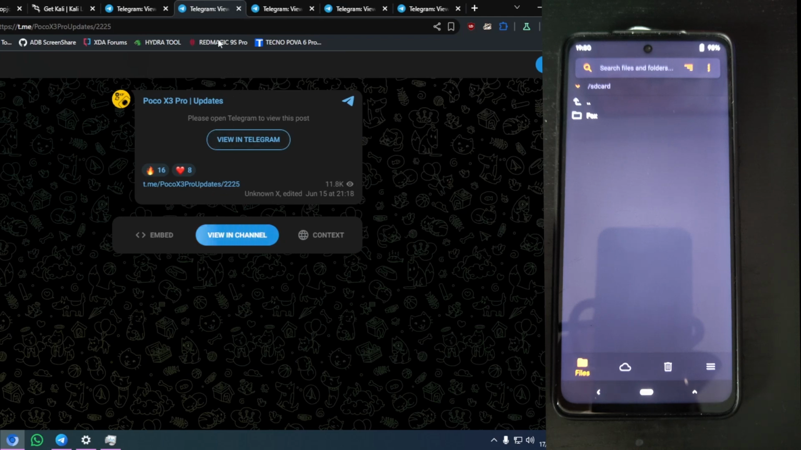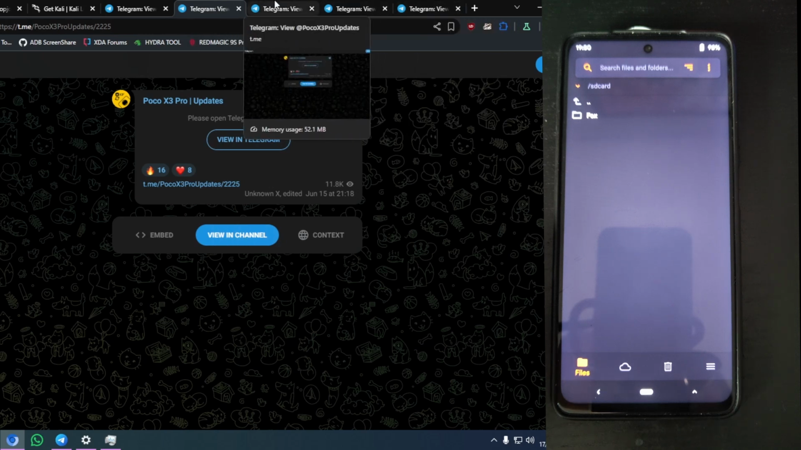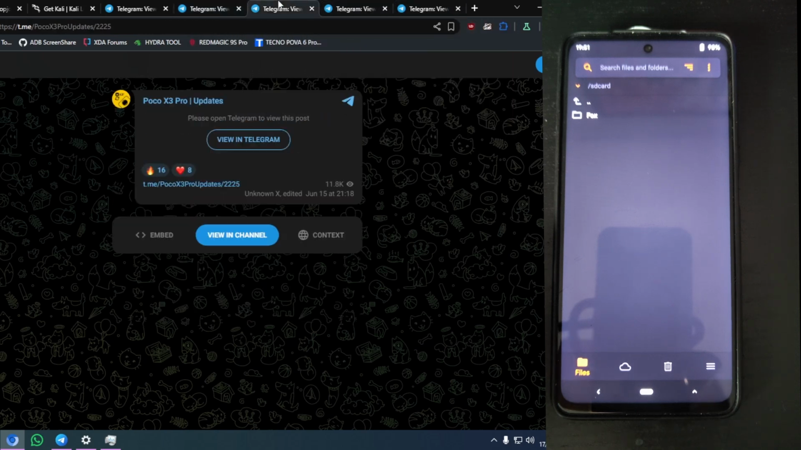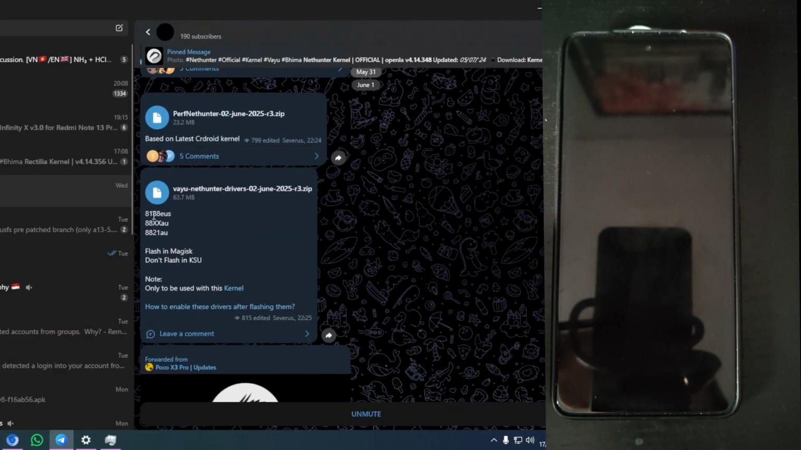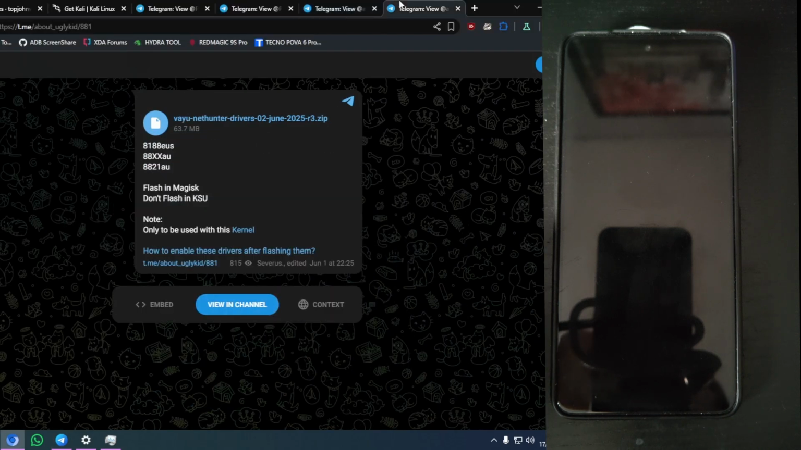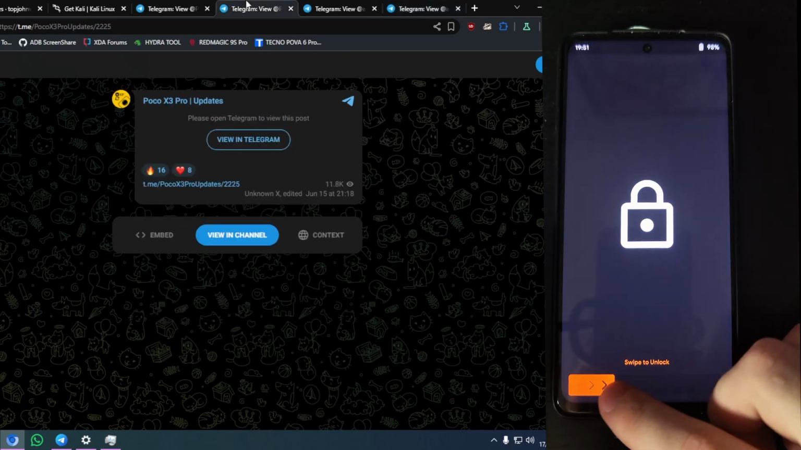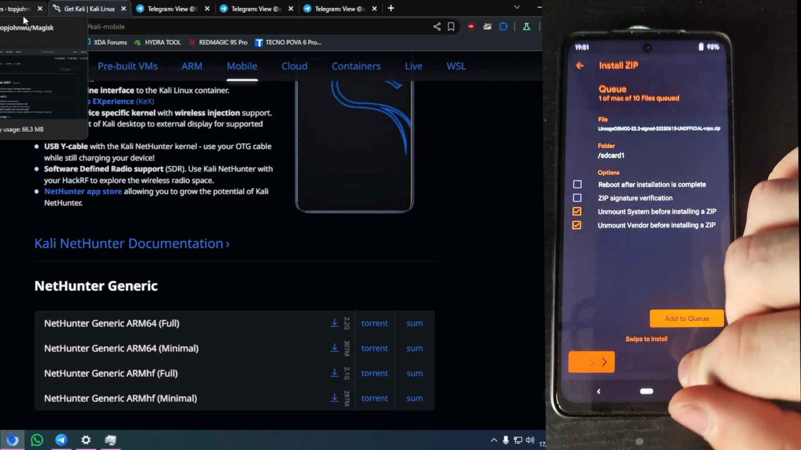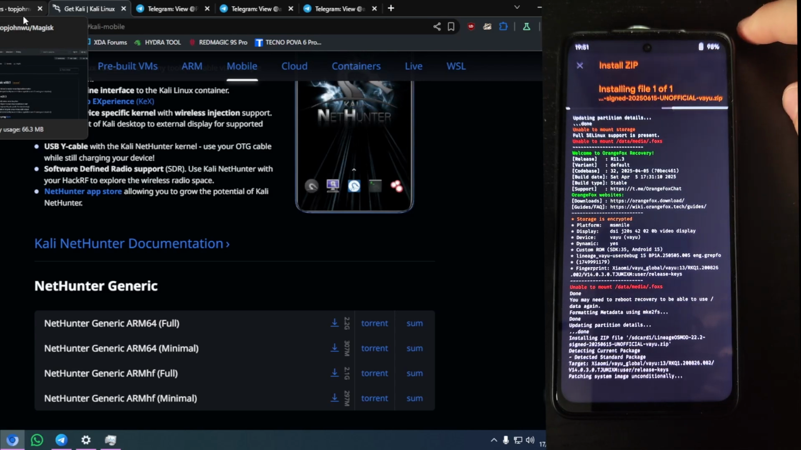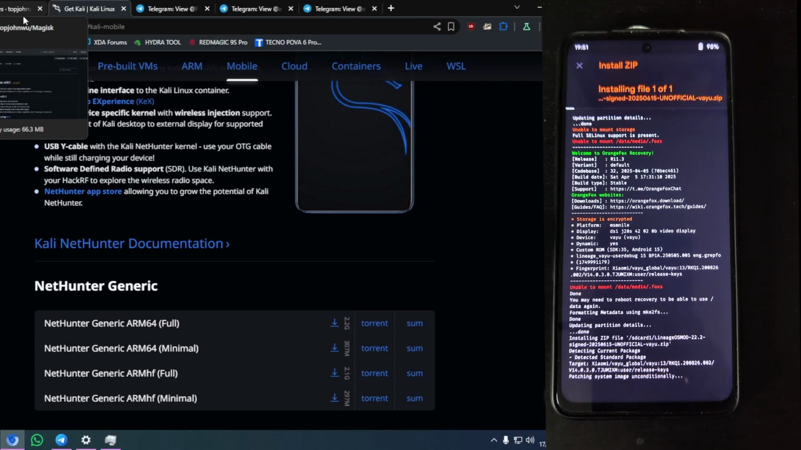Next thing, you will need a Kali NetHunter supported kernel. If you don't have one for your device, you will need one, but I'm lucky and some guys on Telegram have built kernels, so everything will work for me and I don't need to build anything myself. The same guy also built a module for Kali NetHunter, so everything works better with specific modules. And yeah, now I'm going to flash